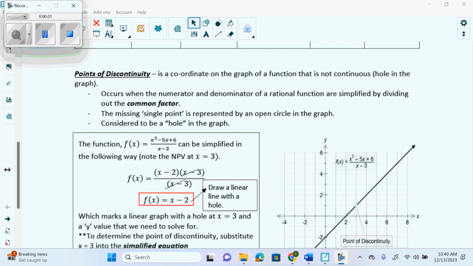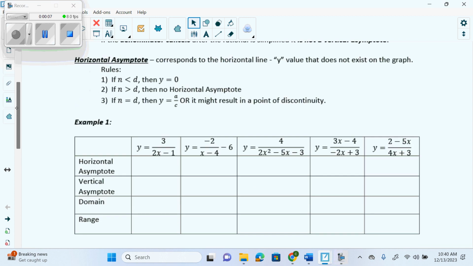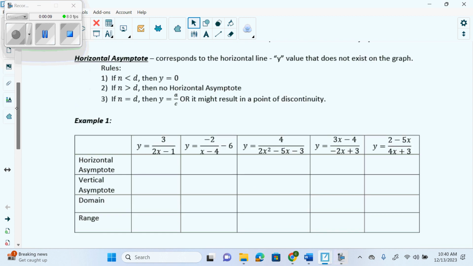Of discontinuity. So what we've done so far is we did ones that were like this, these ones up here. So we had ones that were in transformed form. And if they were in transformed form, your vertical asymptote, no matter what, came from your non-permissible values. And if they were in transformed form, your horizontal asymptote, which was these ones,